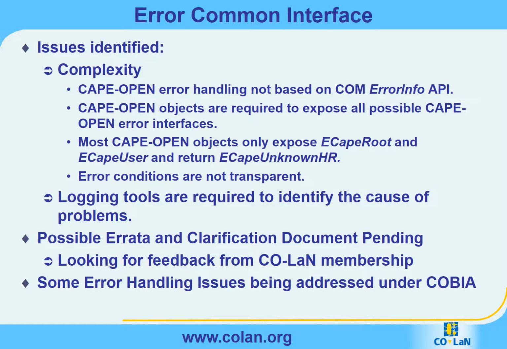So there's no way to know what actually the error was, despite the fact that you have a large number of error HRESULTs that could be returned if an error does occur, along with all of the COM type of error HRESULTs too. But originally, the objects were required to expose all those interfaces, and then there was no use of the error info API within COM,